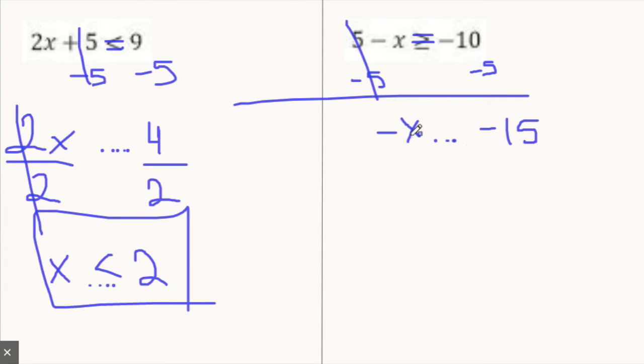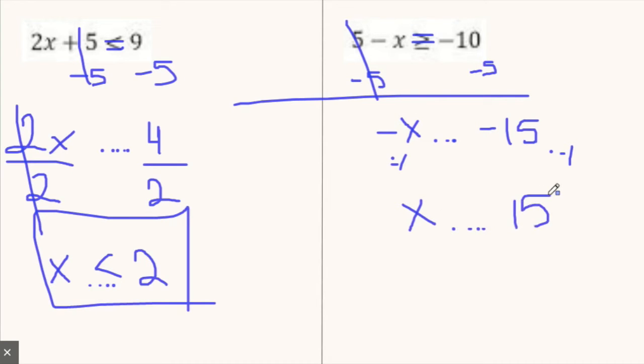And then we have to get rid of this negative sign because we want to leave x in. So I can just multiply it by -1. Because when you multiply two negatives, you get a positive. So you can just multiply both sides by -1 or divide both sides by -1. It's going to be the same thing. And we would get x